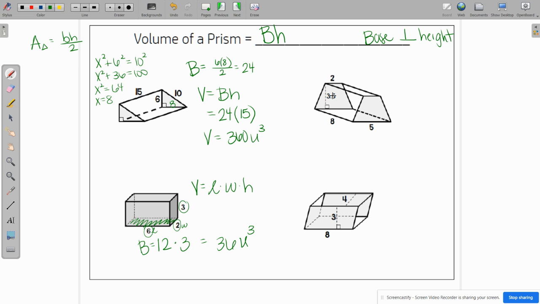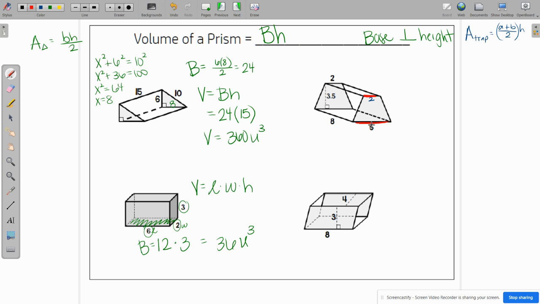Now, if we hop over here, in this case, we have 2 trapezoidal bases. So we have to find first the area of that base. For the area of a trapezoid, remember you take the 2 bases, which I'll call A and B, add those together and divide by 2, and multiply that times the height. For our trapezoid, if this is 2, this is also 2 over here. So here is a base. Let me use a different color so you can see it. Here is the 2